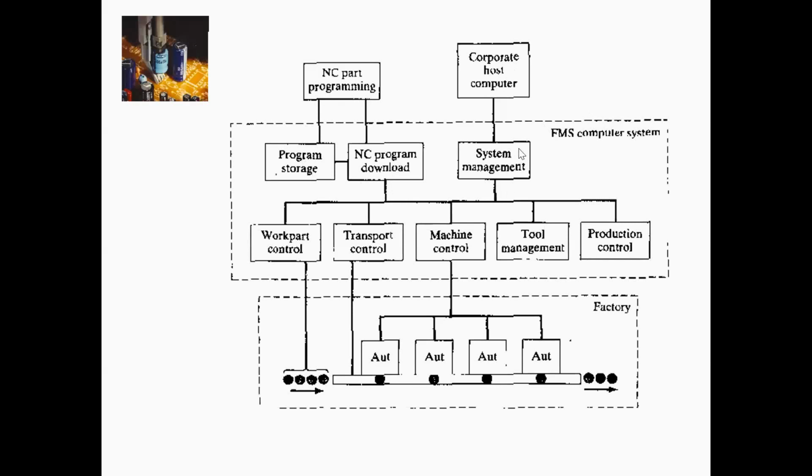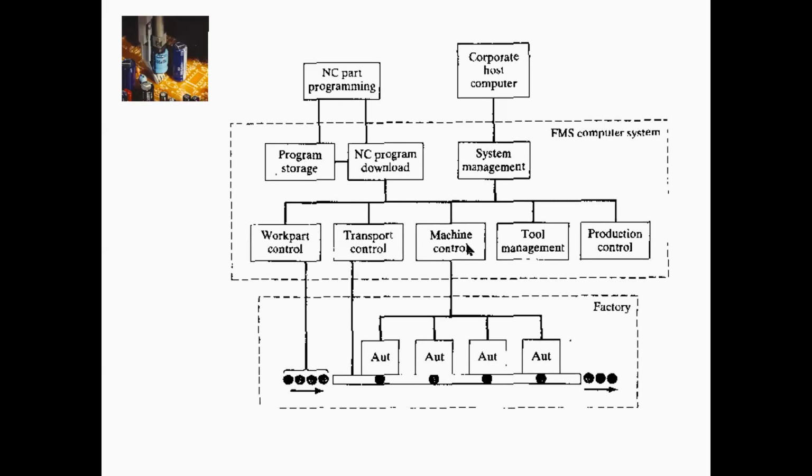Host computer is having a system management. Networking is there, communication system, server, PLCs, and all these things. And all these things are connected with these five different departments. The first is the work part control, that is with the machine. A transport control, which is a material handling. Machine control,